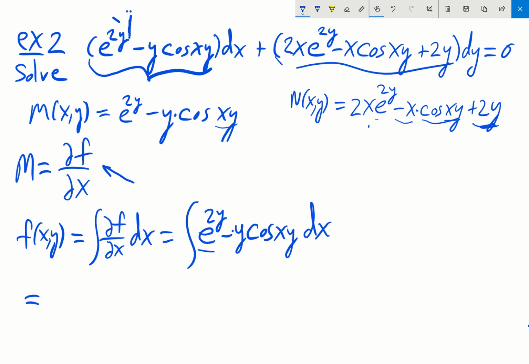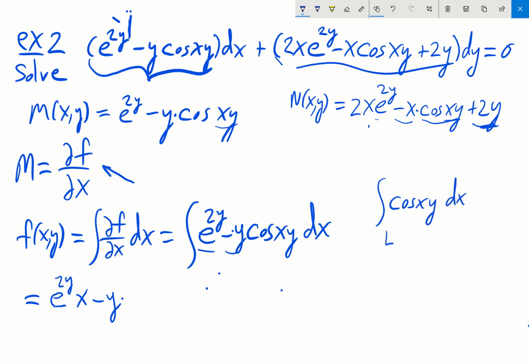With respect to x, e to the 2y is a constant. So that antiderivative is going to be e to the 2y times x. Negative y is a constant, so we can use constant multiple to just leave that part alone. And now we need to find the antiderivative of cosine of xy